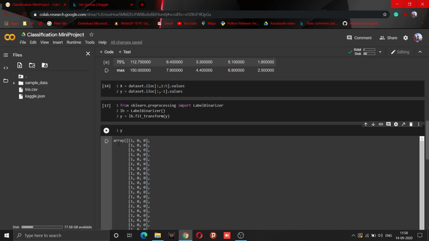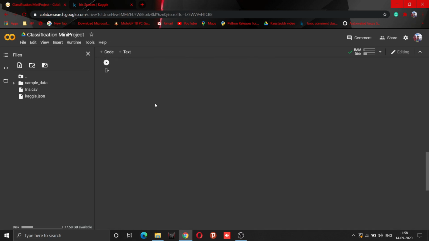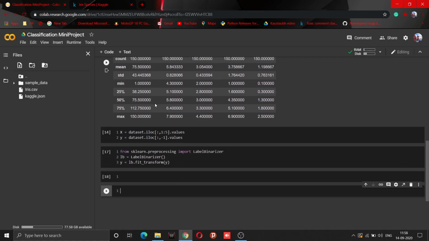So the first column is setosa, and you can see in the first 50 only setosa is one, the rest are zero. Similarly, in the next 50 versicolor is one and the rest are zero, and in the last 50 virginica is one and the rest are zero. So we can conclude that the first column is setosa, the second column is versicolor, and the last column is virginica. I hope you are clear on how label encoding and one-hot encoding work. So now let's move forward.